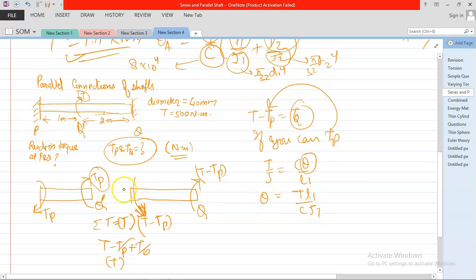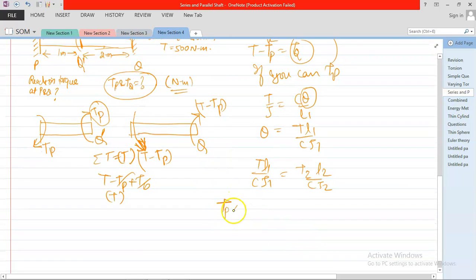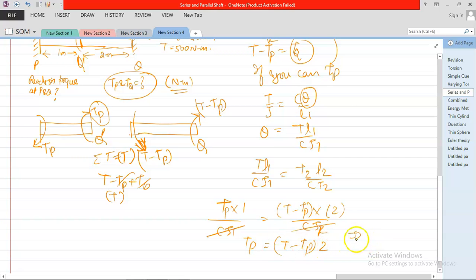So how to find the TP value? If you see, this body is deforming in this direction and this body is deforming in this direction. At the junction, suppose this is a point Q dash and this is Q. At the point Q dash, the net angle of twist is 0. I am talking about the net. There will be an angle of twist, but taking both angles of twist, it should be 0. Then what is the meaning of that? If you write the equation,